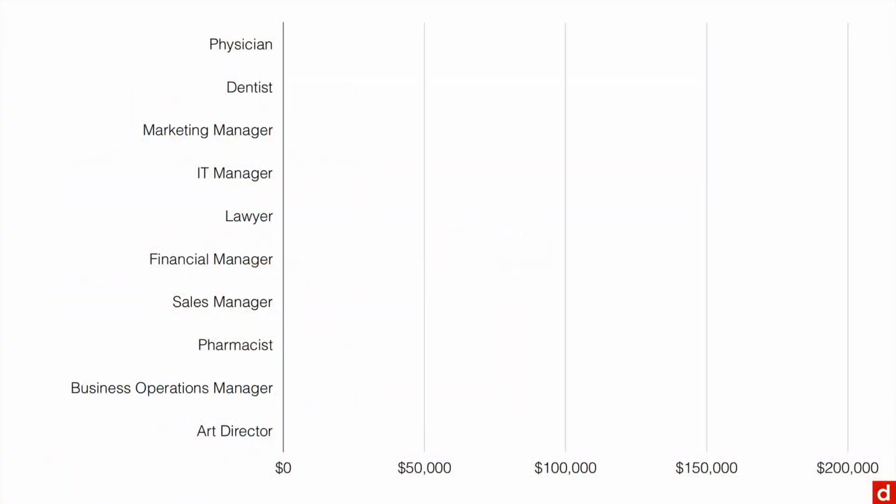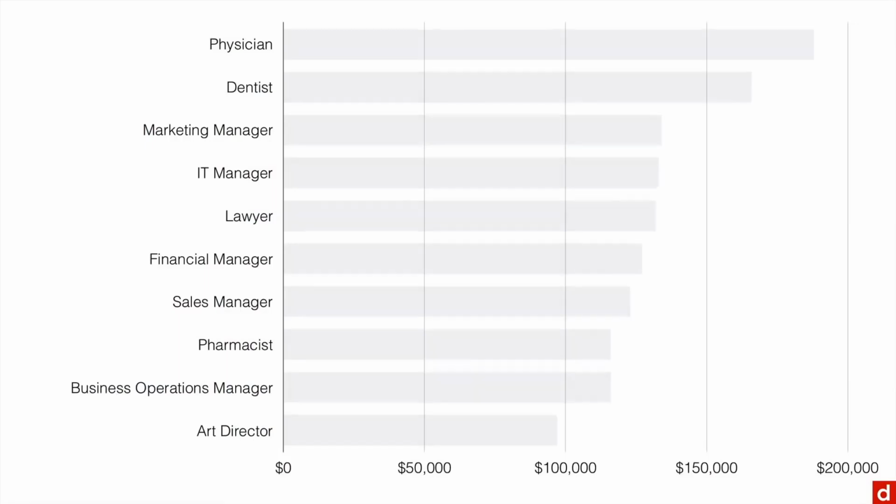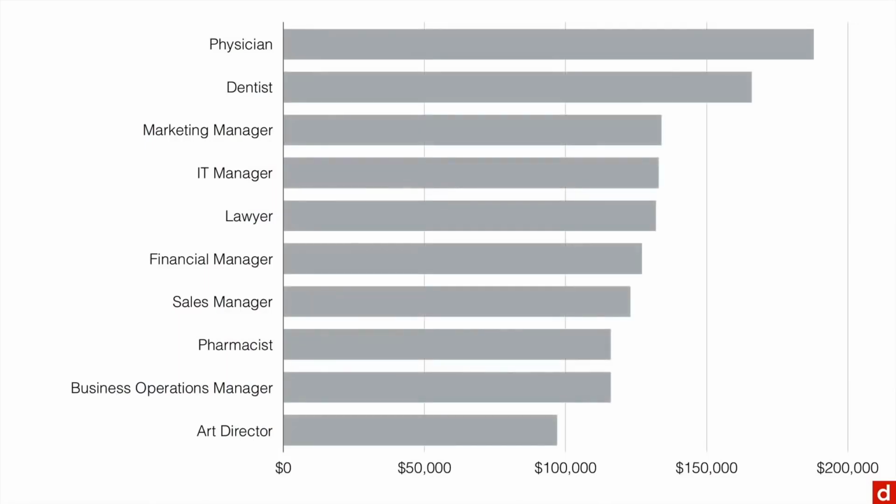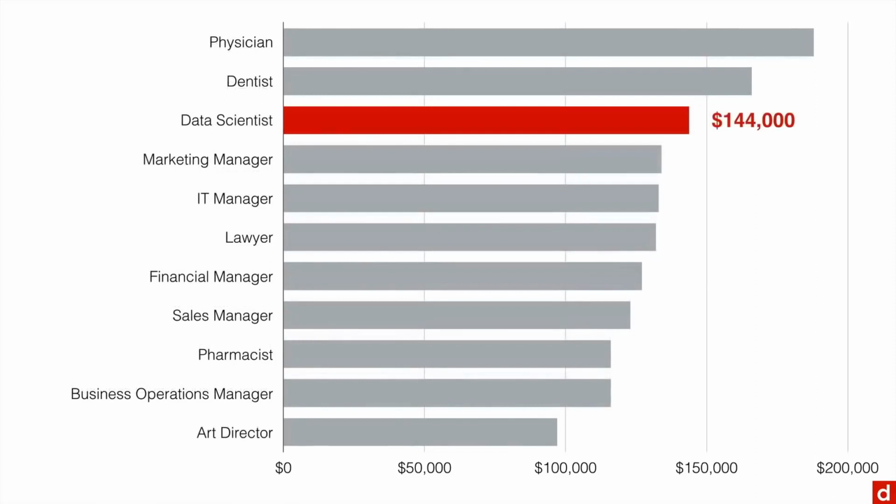And I can show you a little more about that. So for instance, here's a list of the top 10 highest paying salaries that I got from US News. We have physicians or doctors, dentists, and lawyers, and so on. Now, if we add data scientists to this list using data from O'Reilly.com, we have to push things around, and it goes in third with an average total salary, not the base that we had in the other one, but the total compensation of about $144,000 a year. That's extraordinary.